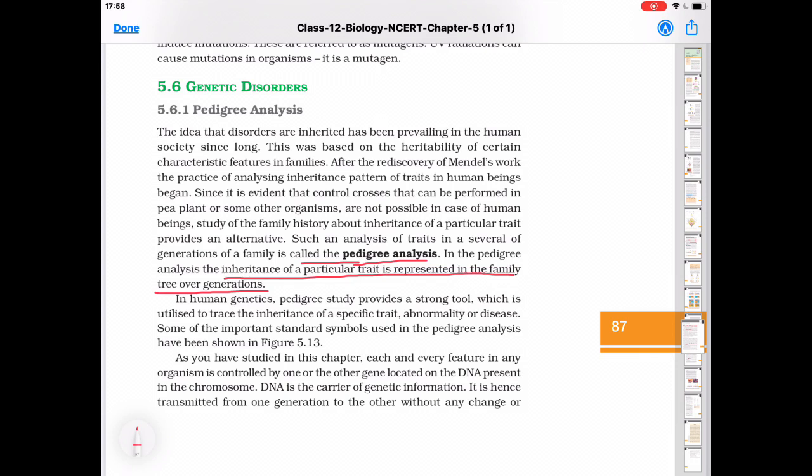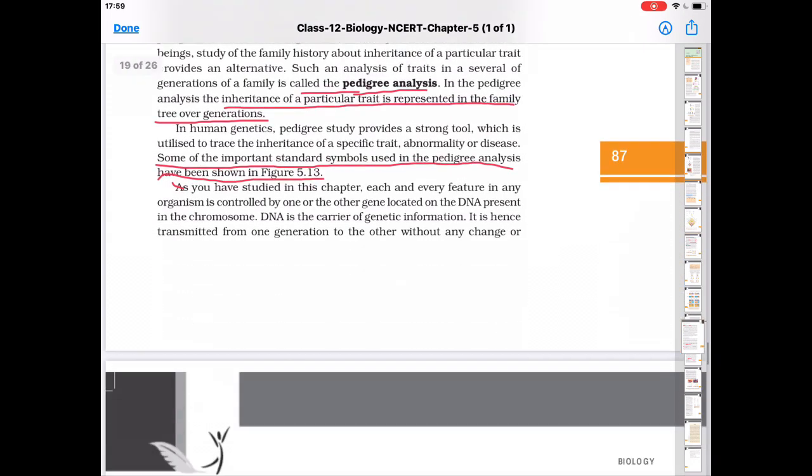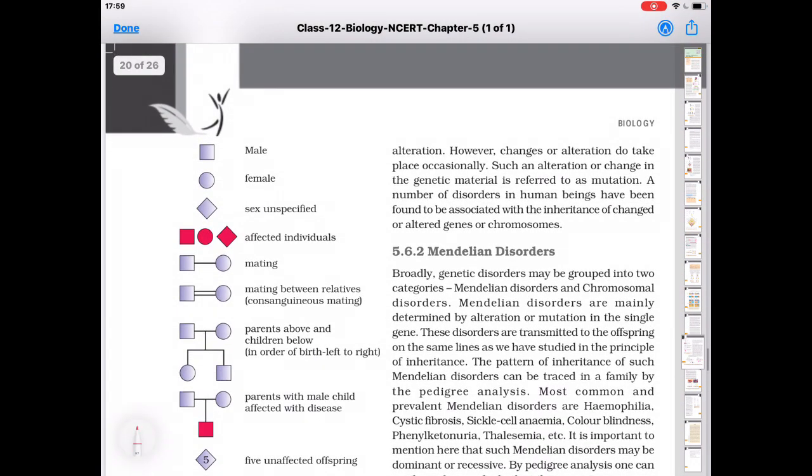Again, this is the chart of a family history showing the inheritance of a particular trait. It is known as a pedigree chart. Some of the important standard symbols used in pedigree analysis have been shown in figure 5.13. So I will explain these terms. So first, the square